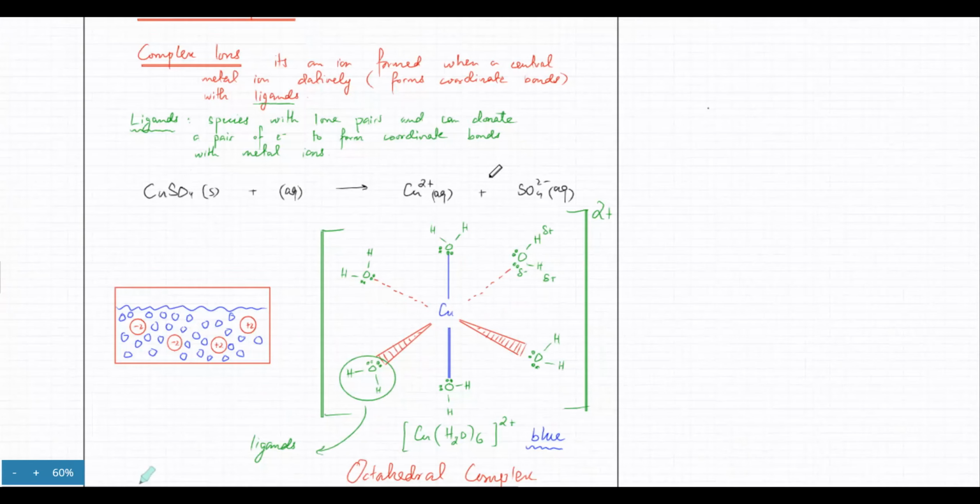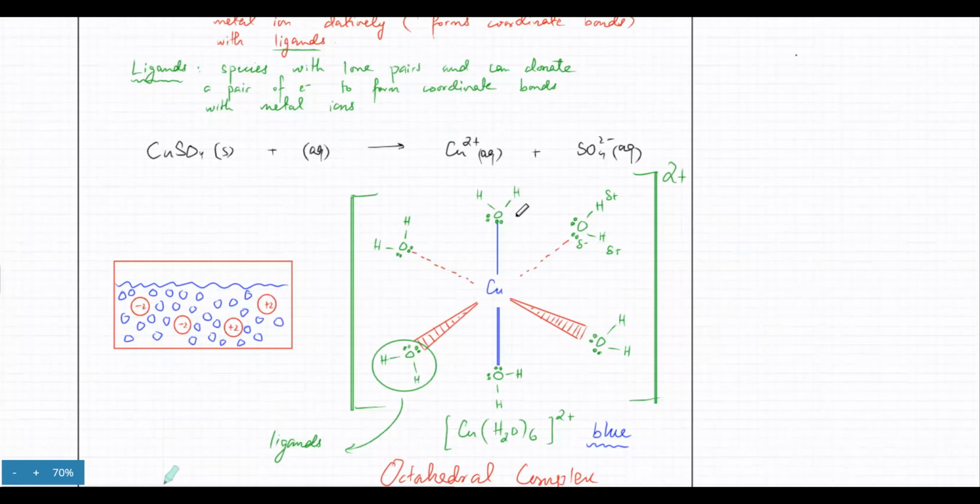The ionic compound, the positive and negative ions, if you stir vigorously, the ions would mix in water or any solvent. And you would have all these water molecules coming in. There would be a copper 2 plus, and the lone pairs on the water molecules, which are your ligands, are going to get attracted to the copper 2 plus and they would start to surround it. And six water molecules are usually going to completely surround the copper ion, and it's going to have a 2 plus charge overall. And this complex ion that is formed is going to be blue in color,